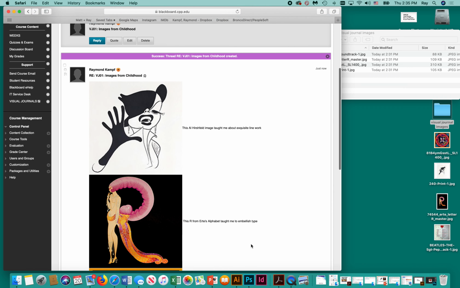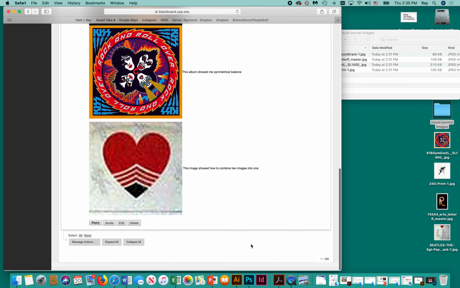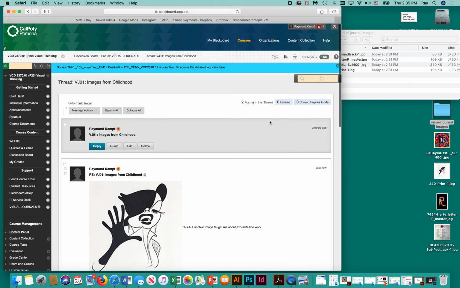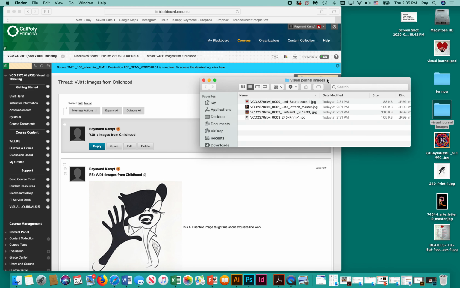and you'll see that everything lays out for me nice and neat. So when you do yours, all you have to do is just reply, and it'll add right to the bottom of that. Okay? So what we learned here was how to set up a file, set up Photoshop, how to export from Photoshop, and then how to upload it into your visual journal. Hopefully you'll have no problems, and good luck.